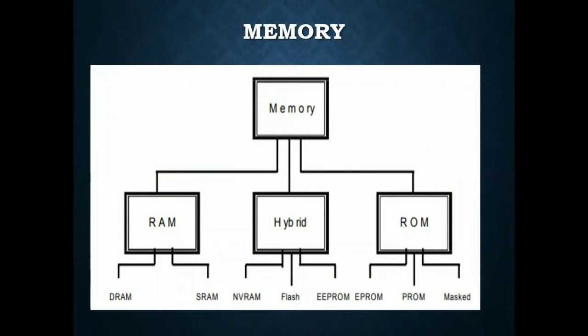Different types of memory are classified as RAM, hybrid, and ROM. RAM, random access memory: data at any memory location can be read or written. It is volatile memory. It retains the content as long as electricity is supplied. ROM, read-only memory: data at any memory location can be read. It is non-volatile in nature. The data contents are retained even after electricity is switched off, and available when it is switched on again. Data access of ROM is slow compared to RAM.